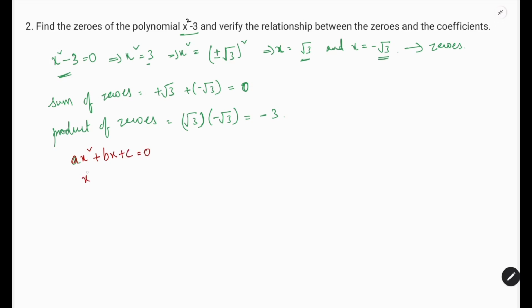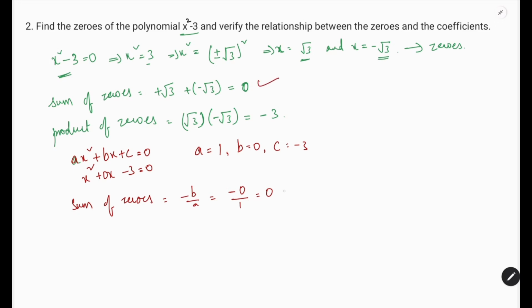Now this equation is ax square minus 3 equal to 0. Here the coefficient of x is 0, plus 0x. When you compare, a equal to 1, b equal to 0, c equal to minus 3. From the formulas we have seen, sum of zeros equal to minus b by a. It is minus 0 by 1, equal to 0. See, here this sum is the same. And the product of zeros